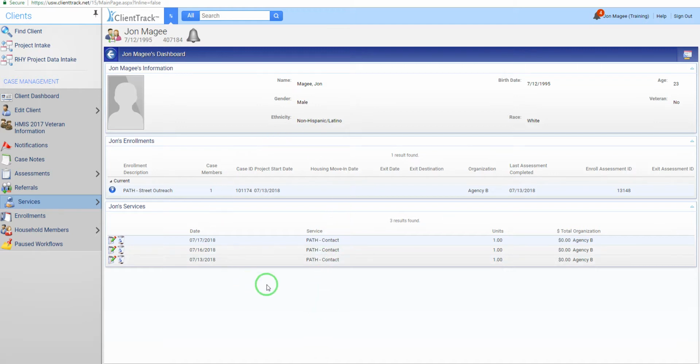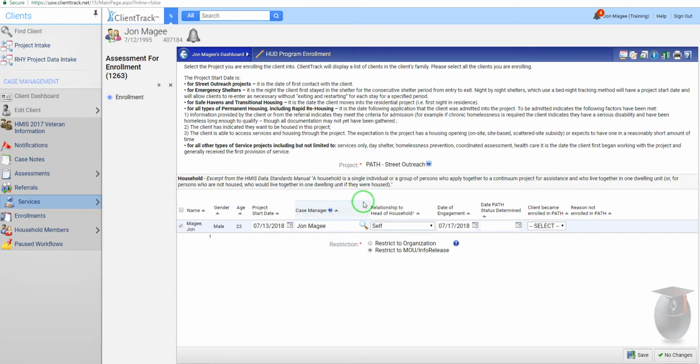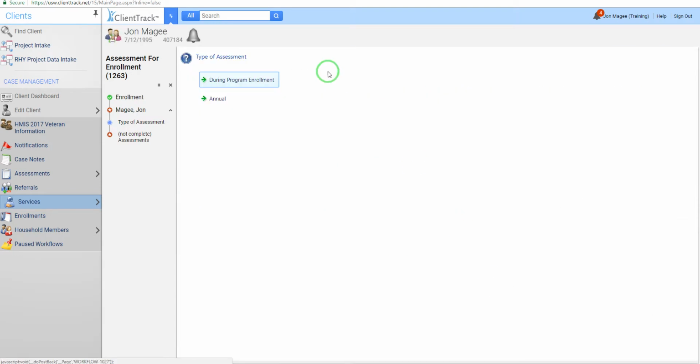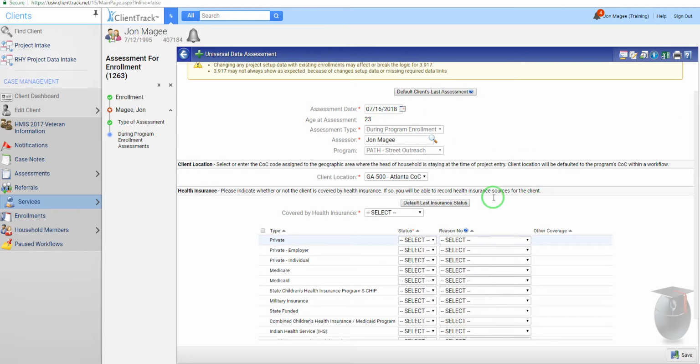If during this time we have any updates to their income, or maybe they didn't have connection with SOAR, now they do, maybe their barriers have changed, anything like that, you can always do a during program enrollment assessment, which is under update annual assessment. This will give you that same information here if you needed to go in and add anything. And then you would say during program enrollment,